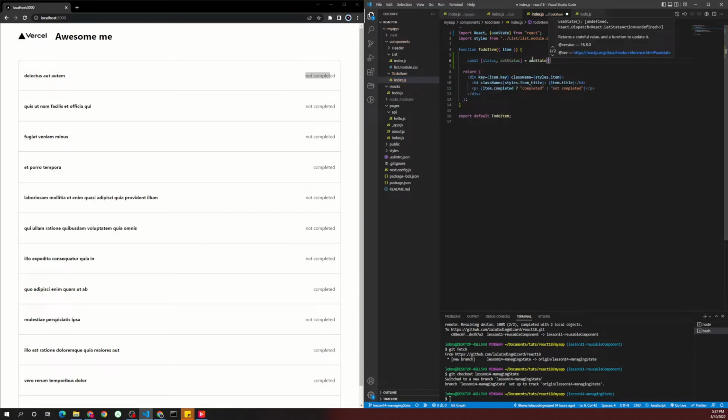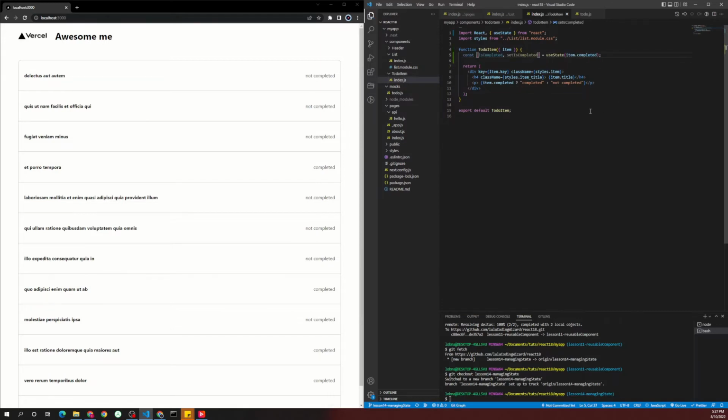And in our scenario, I will give it this one as default. So I'll say is the item completed. And actually that gives me another idea, that this one means is the item complete or not. So I'll change my name, which makes more sense, to isCompleted. Okay, I will say setIsCompleted. Nice. And here I will read the property from there,